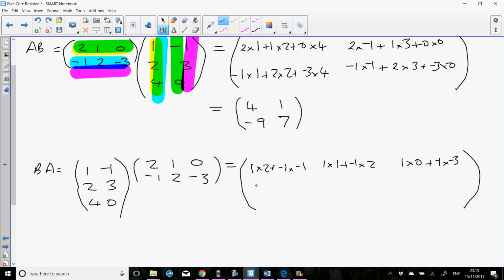Okay, then we go again. So second row, first column. 2 times 2 plus 3 times negative 1. And I'm just going to carry this along all the way across the matrix. Second row, second column. Plus